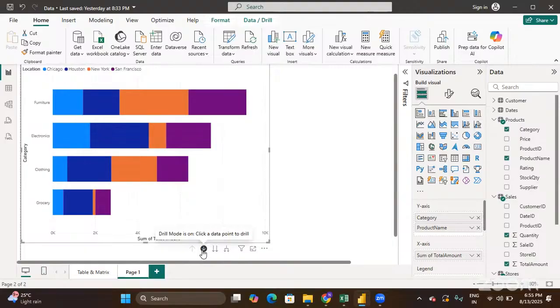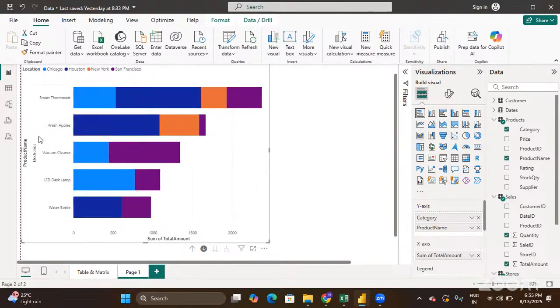Once after selecting it, see, the drill mode is on. Click a data point to drill. You can select any one of these data points, that means any one bar, where that specific bar alone will be drilled. So if I select electronics,